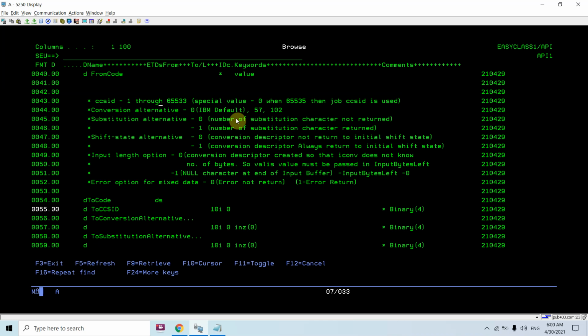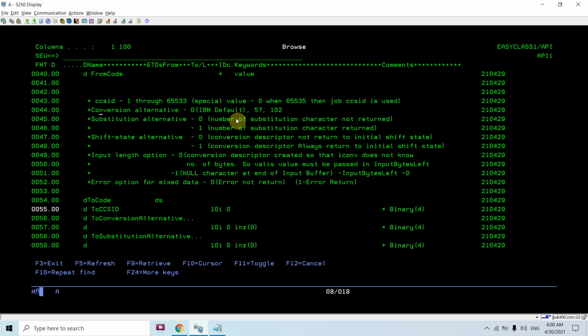Now when we pass 65535, it goes and searches for the job CCSID. If still not found, it would search for the default CCSID of the system for allowing the conversion, because 65535 doesn't actually allow conversion.